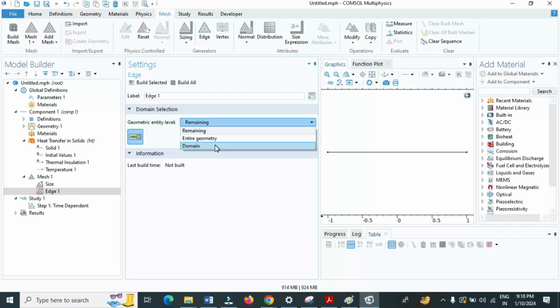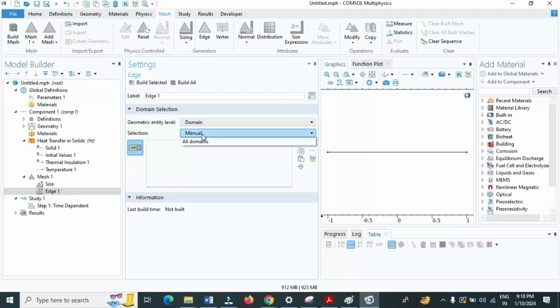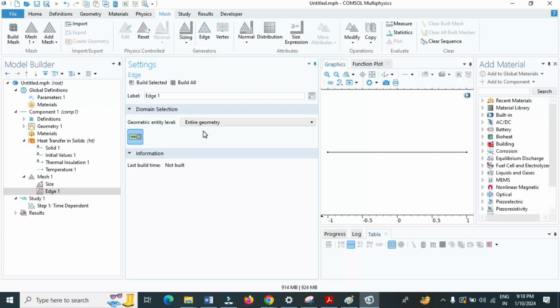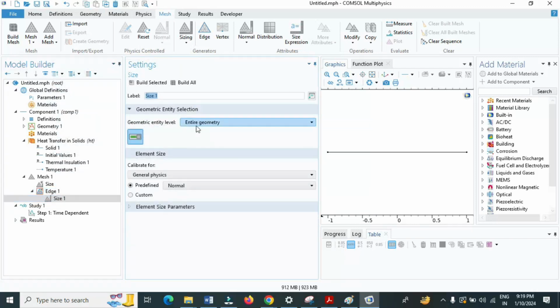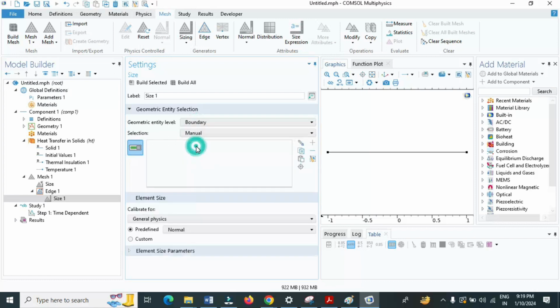Click on H. Select. Let me check that. Right click on edge and click on size and select boundary and select all boundaries